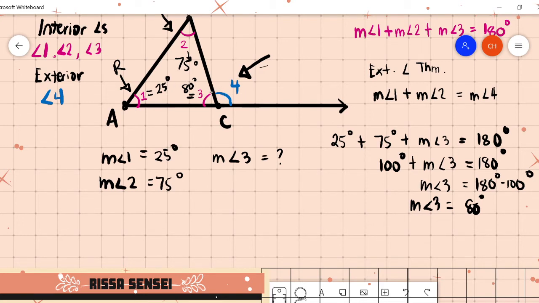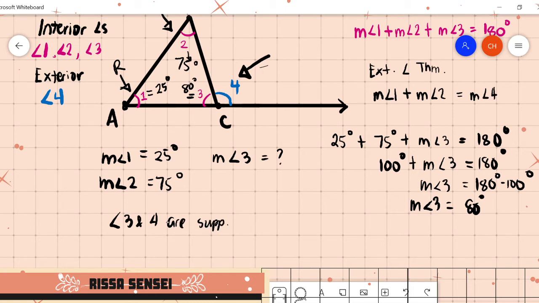Di ba adjacent angles yung angle 3 and 4? They have a common endpoint, common ray, therefore, linear pair sila. So, kapag linear pair, meaning supplementary yung angle 3 and angle 4. So, if angle 3 and angle 4 are supplementary angles